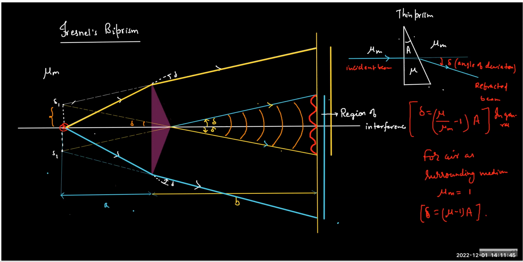You can think this is the arc of a circle of radius A, so this is A delta. And the region of interference: tan delta equals, if I call this width W,